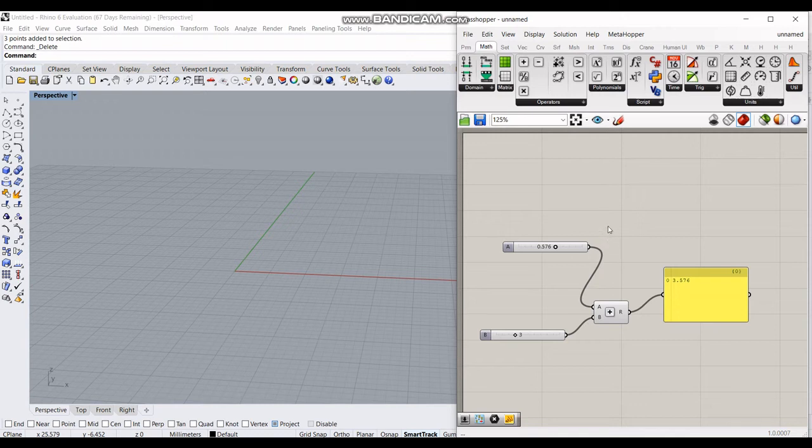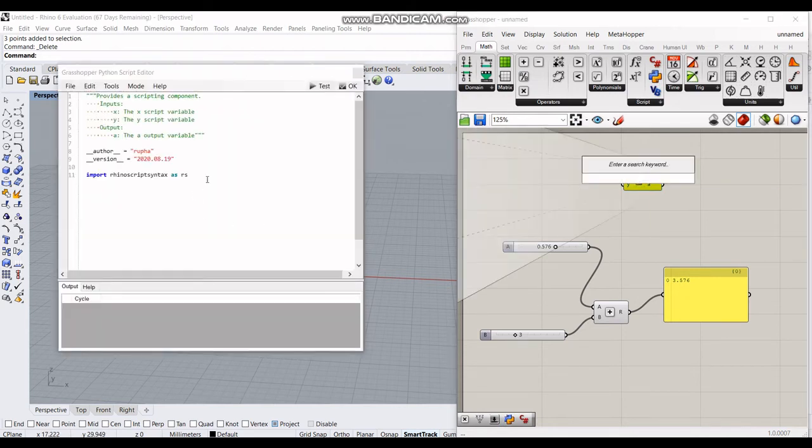But if there are some complex expressions like x plus y the whole square into something like that, it's really difficult to use multiple components, and the Python script becomes very helpful in that case. This is very similar to the normal Python that we use. For example, let us use a equal to x plus y the whole square.